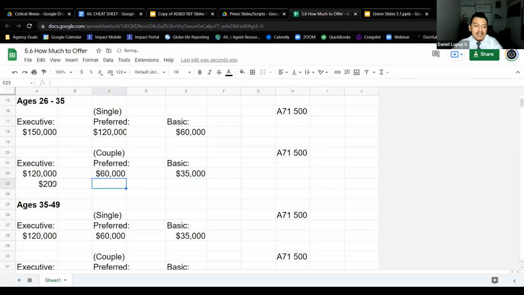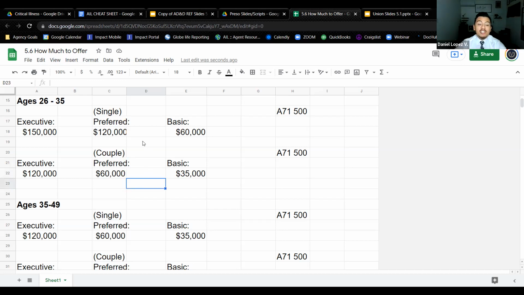Now, this also goes against what I said earlier, that it doesn't matter if they're making $1,000 a month or 10,000. If you show the need, they will buy the policy. Doesn't matter if they have to beg, borrow, steal to pay for the policy. If you show the need, they will pay for it. But then you also have to look at yourself, and you've got to develop the sixth sense. Like maybe it's a little too much for them. But don't. Here's also another rule. Don't try to do that.